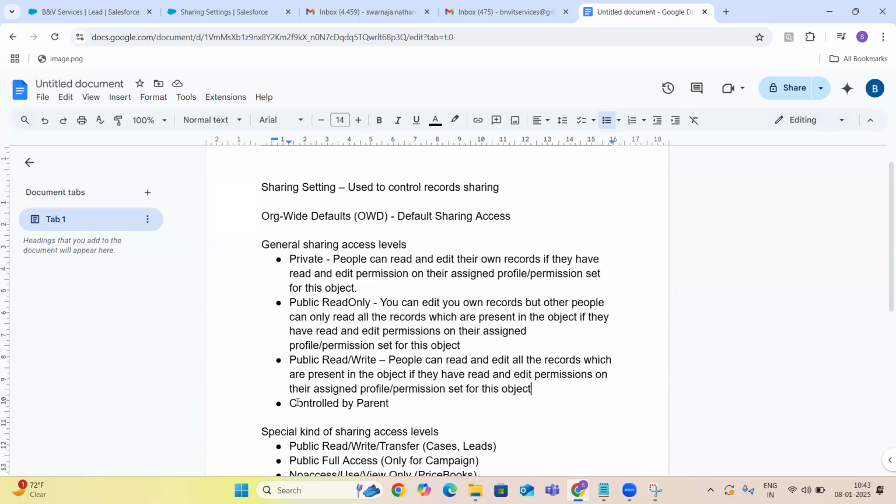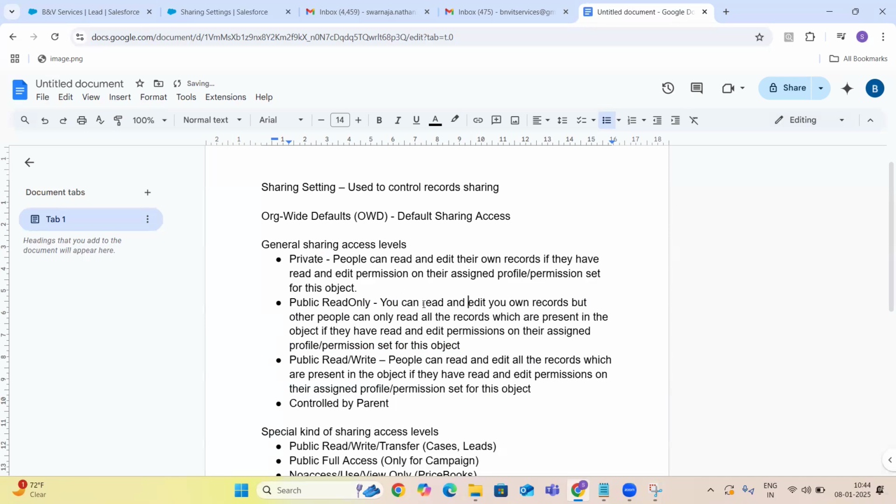But still, if you make the OWD private, you can access your records. You can read and edit your records, but you can't read and edit others' records. And in the case of public read only, you can edit your own records, that means you can read and edit your own records.